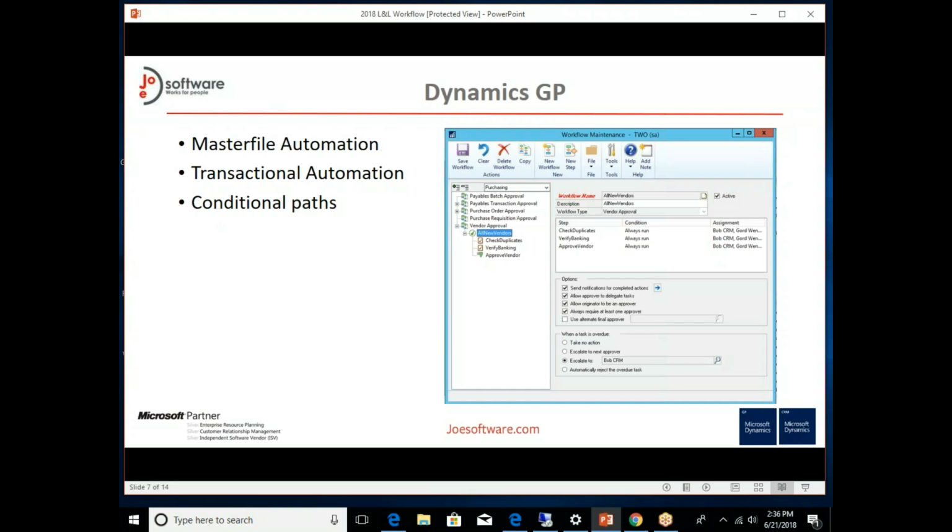Dynamics GP, most of you guys are using it today. I don't know how many of you are using GP workflows today, or is anyone in here using GP workflows? Okay, perfect. Anyways, we have a couple clients who are using it and finding it quite useful, but some of the key things that you use GP workflows for are, one, flowing data for creating master files, creating customers, creating vendors, making sure that the right people look at it at the right time,